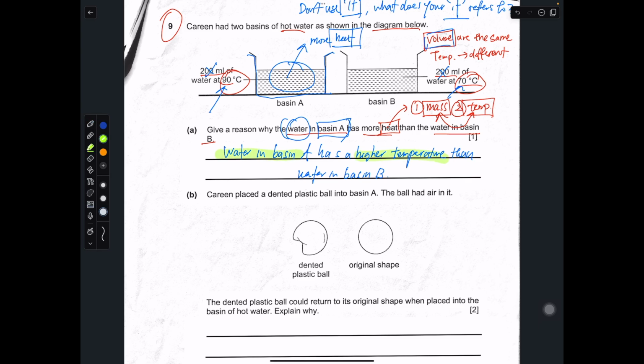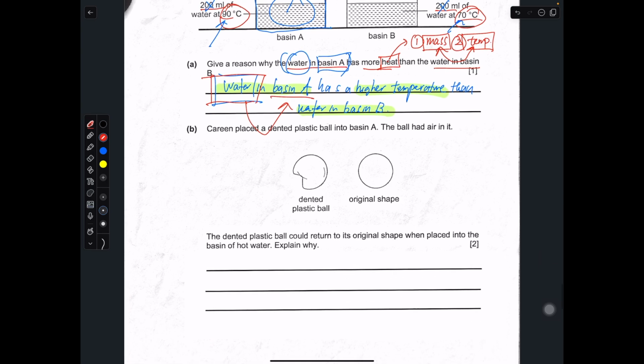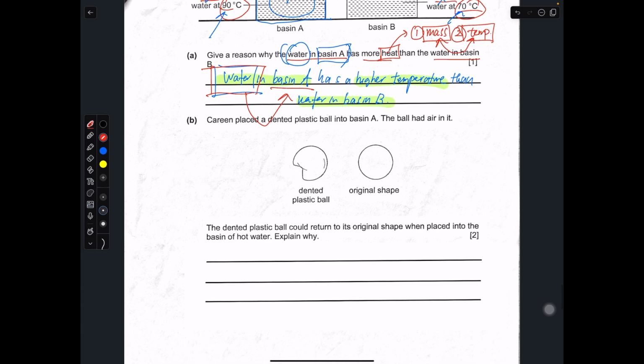Higher temperature, water in basin A versus water in basin B. The word "water" is important. You need to mention which basin you're talking about as well. Make reference to the object that you're talking about. Key point: make reference